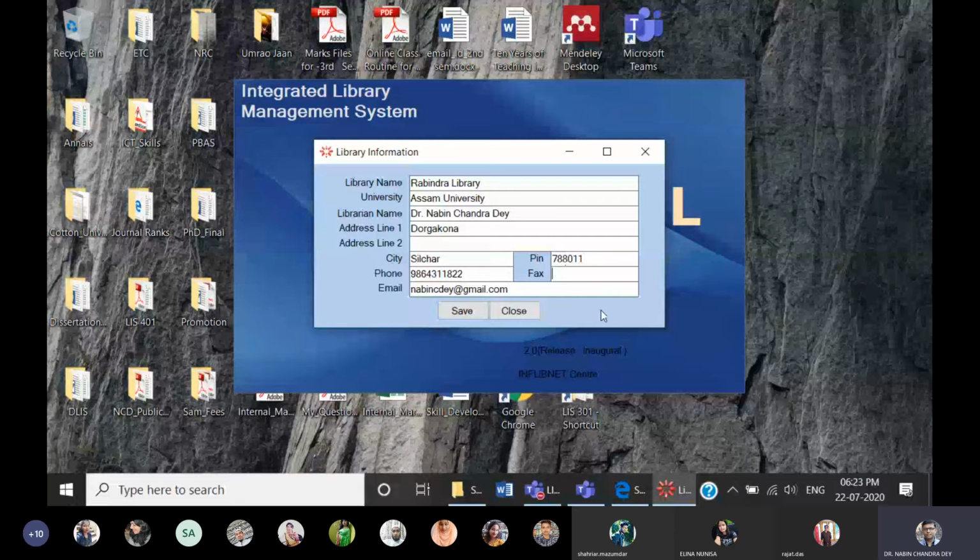If you have a fax number you can give it; I am putting the Assam University fax here.